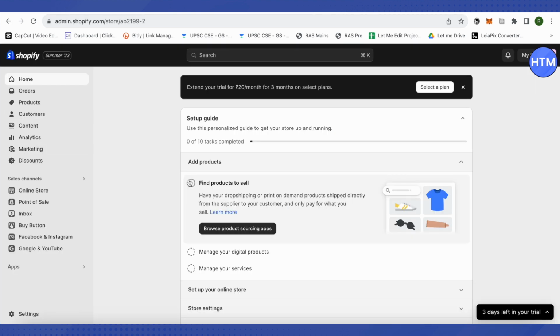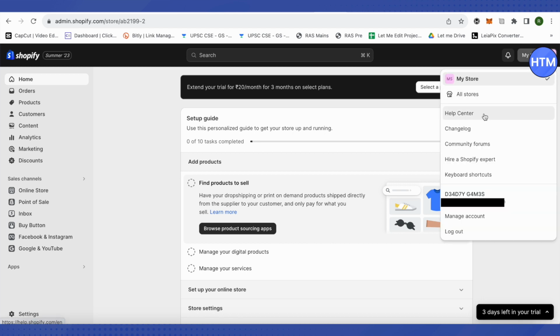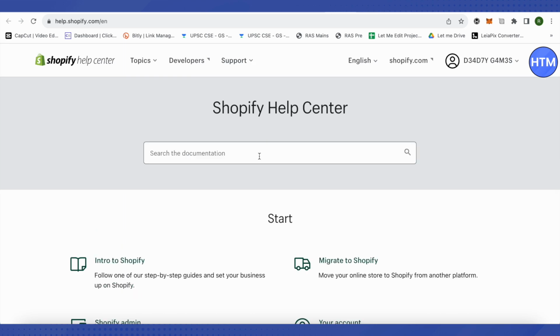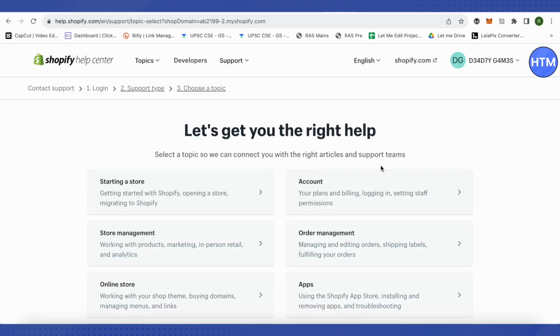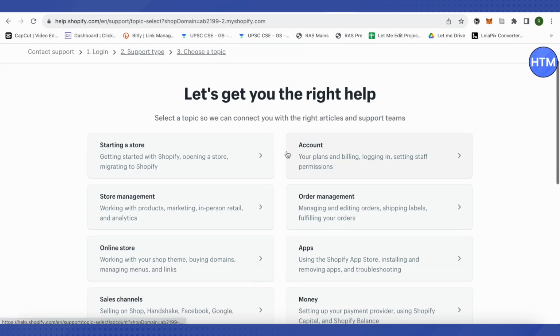So for that, just open up your account, then simply click on this option of My Store at the top right hand side corner. Then click on this option of Help Center. Wait for it to load, and as soon as it loads, you will find this option of support at the top. Just click on this option of Contact Support over here, and after it loads up, just select your issue